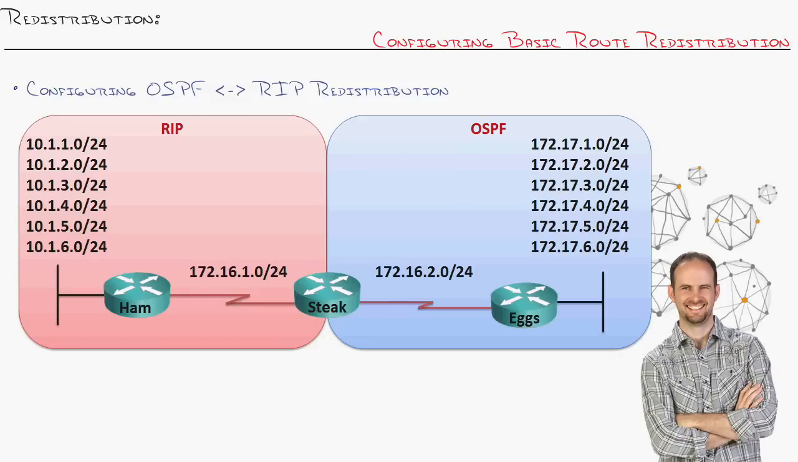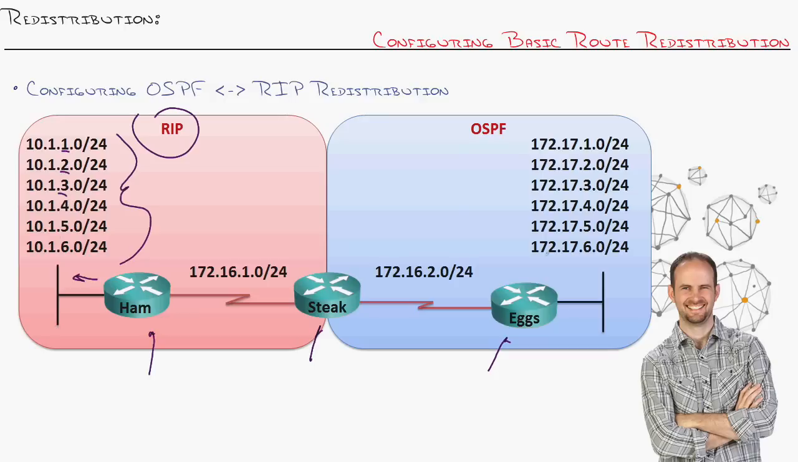Configuring basic route redistribution. Here's what I've got. Ham, steak, and eggs are the routers that are building our corporate environment. On the left-hand side, ham and steak are running the RIP routing protocol. RIP has, we'll just say, a whole bunch of VLANs over here on the left-hand side, 10.1.x, which will be